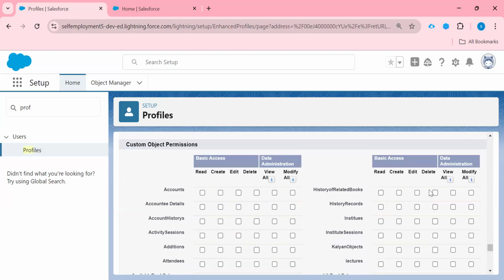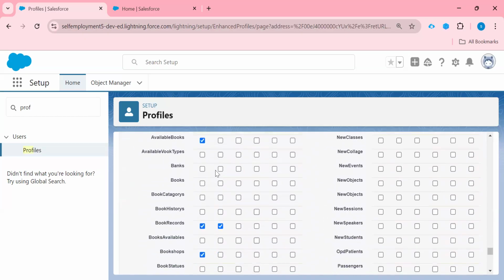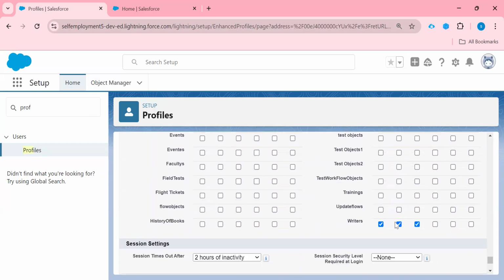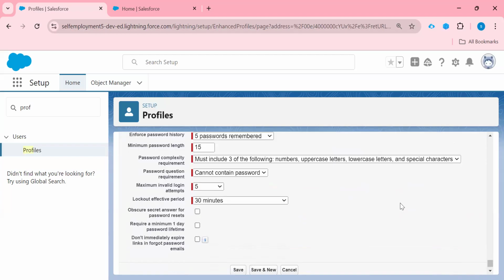So in this way we can set our accessibility as per our requirement, whichever accessibility we want to provide to a particular user. So we can set those accessibilities at the profile level, right? So for now I'm not using this, I'm using only these three objects for this profile, with different accessibilities, right? So let's save it.